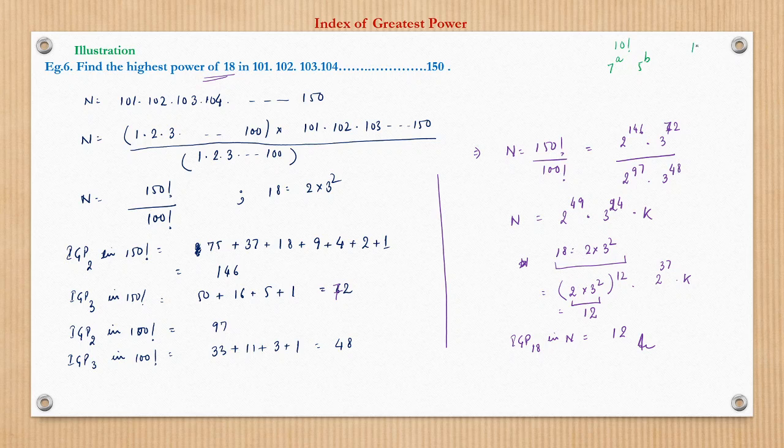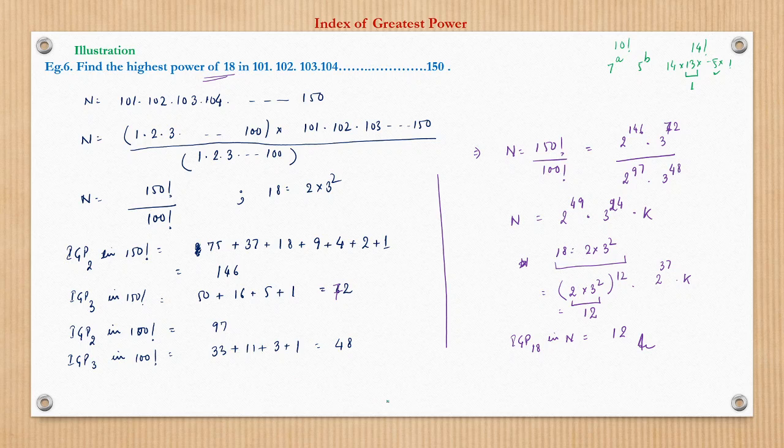For example, let us check for 14 factorial. 14 factorial means what? 14 into 13, and so on till 1. Here 13 will come only once, whereas 2, another prime number, will come many a time. Similarly, 5 will come 2 times, once in 5 and another in 10. So the higher the value of the prime number, the lower will be the power of that. This is very intuitive.